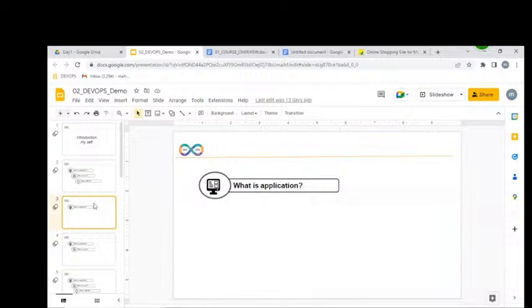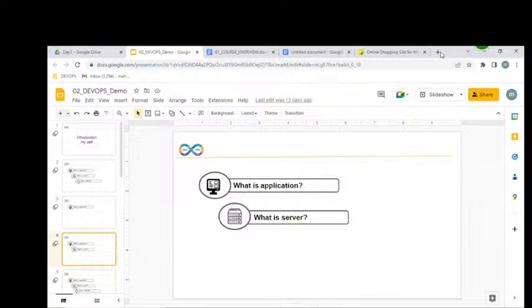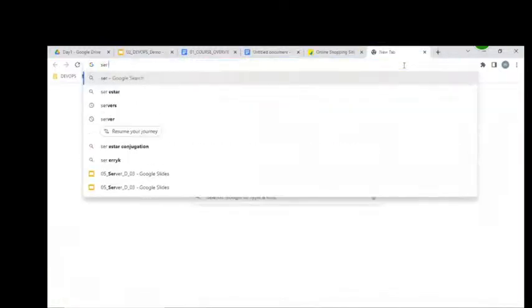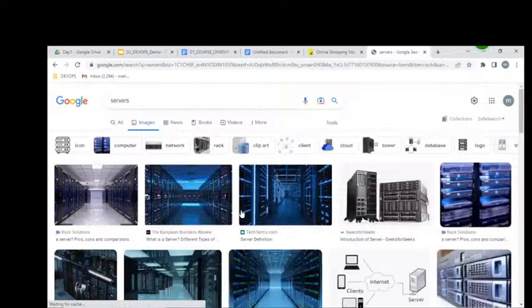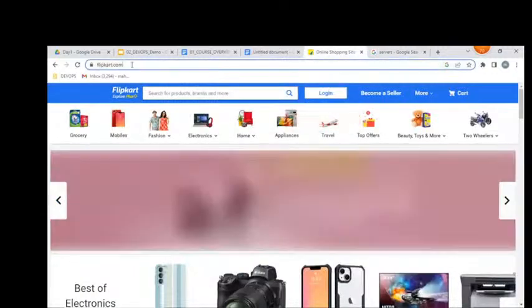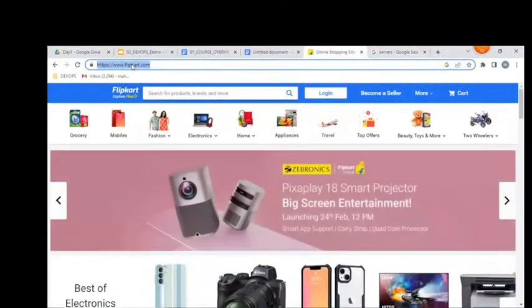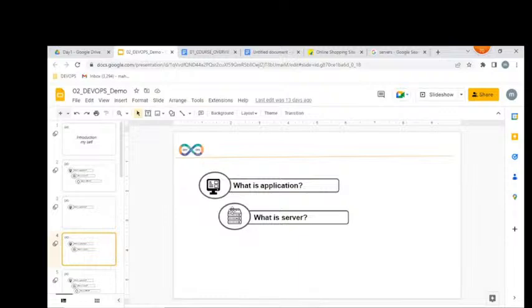That application we are going to place on the server side. Once it is placed on the server side, we can access it over the internet as a website. I'll repeat this point, listen very carefully.